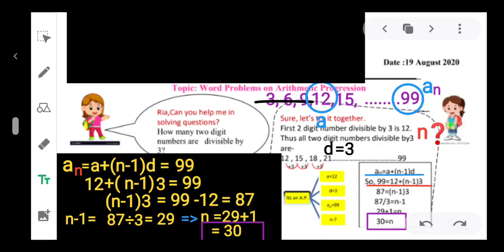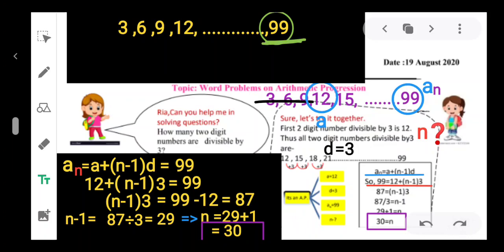One more way we can find these numbers. In the examination, if the question is of 1 mark or any mental math quiz, you can do like this. See, first number 3, 6, 9, 12, 15, up to 99. How many total numbers from 3 to 99? Simply 99 divided by 3, because the difference of 3 is there. The total number is 33. So there are 33 numbers up to 100 which are divisible by 3.